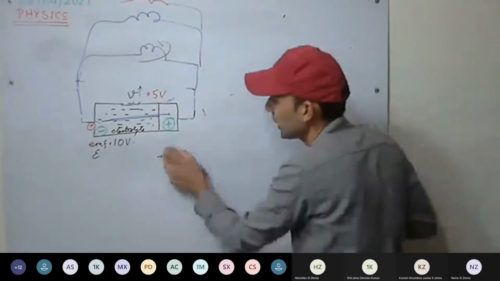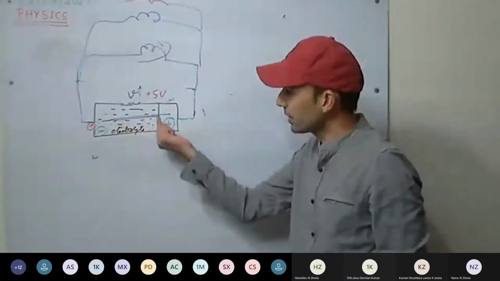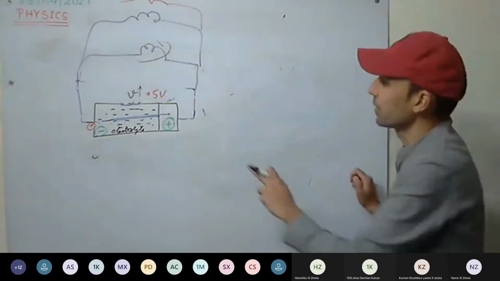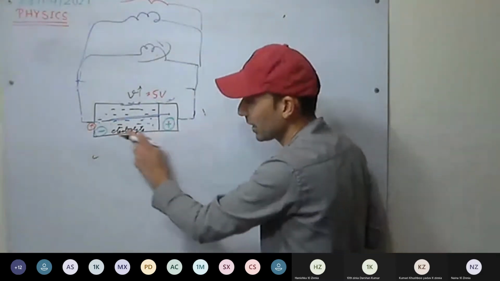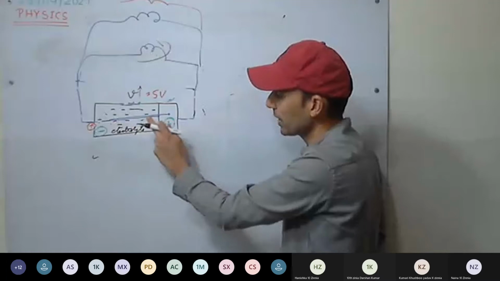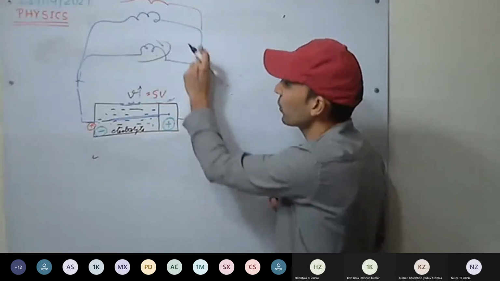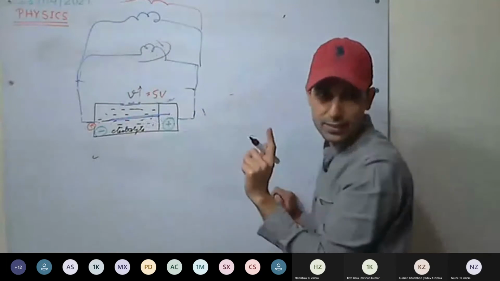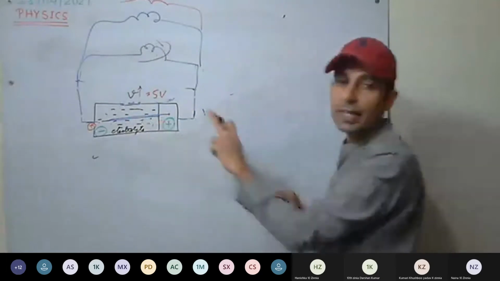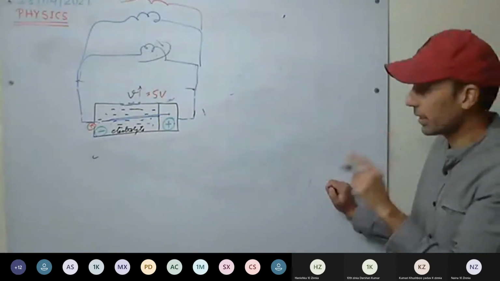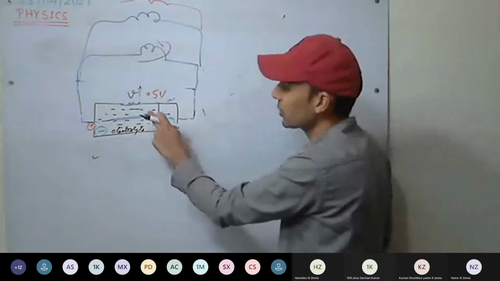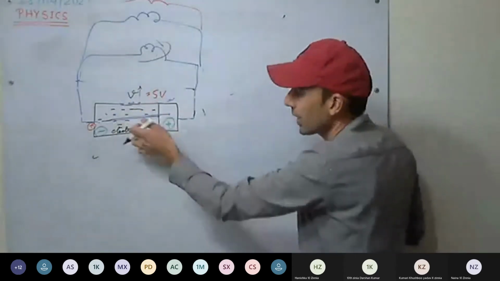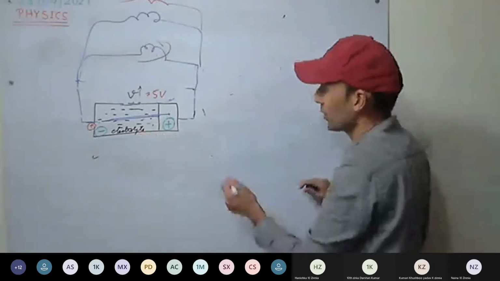So see here, what is considered? The cell has internal resistance. Usually this internal resistance is offered by the electrolyte. When electrons flow through the circuit, resistance is offered outside, and inside as well, resistance is there. This inside resistance is called internal resistance, the resistance offered by the electrolyte. The ions which flow inside face resistance from the electrolyte.